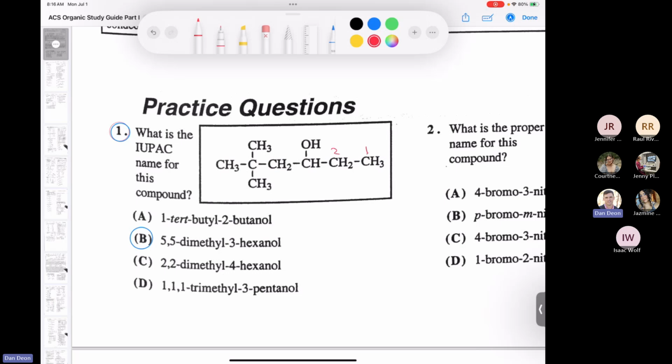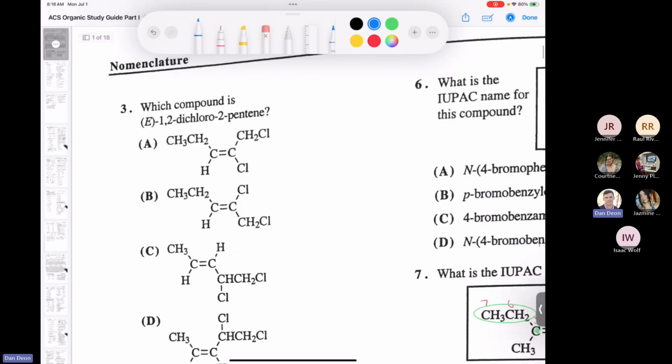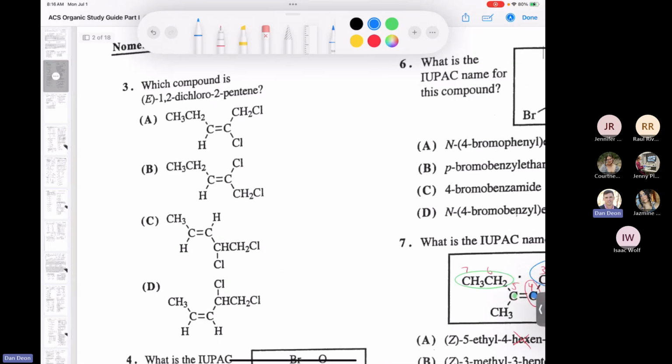1, 2, 3, 4, 5, 6. If you had started numbering over here, it'd be 1, 2, 3, 4, right? And this is an alcohol. And so this is some kind of 3-hexanol. So just based off of that, you'd get the right answer, right? But then you see you have the 5,5-dimethyl. You have a methyl group here and a methyl group here. So absolutely. Okay, let's move on to something that's near and dear to all of our hearts, and that's